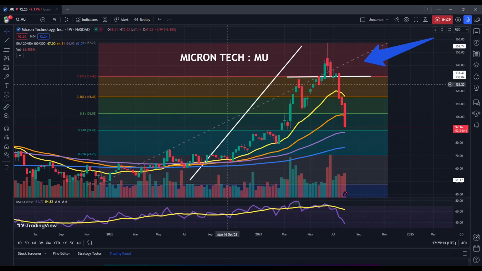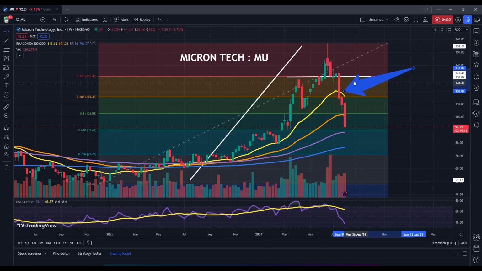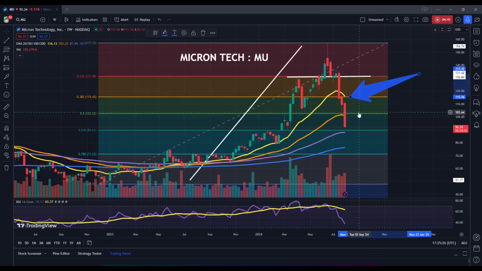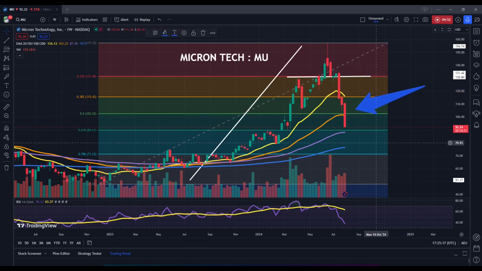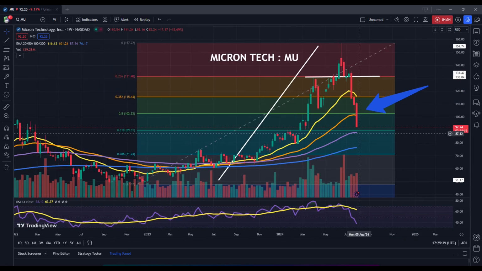That should have been viewed as a warning signal for anybody that was currently long that stock. As that happened, we also broke through the 20-week exponential moving average. So there really wasn't much holding up that stock from posting further declines near term. As we can see here, we're now through the 50% retracement and the 50-week exponential moving average, which is the orange line here.